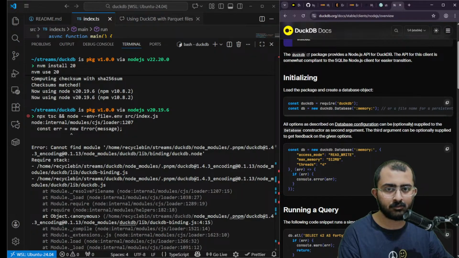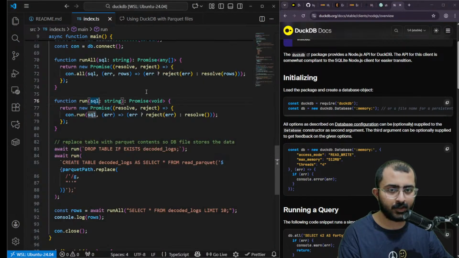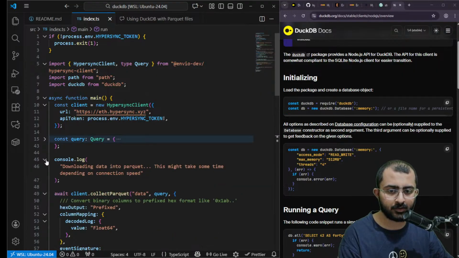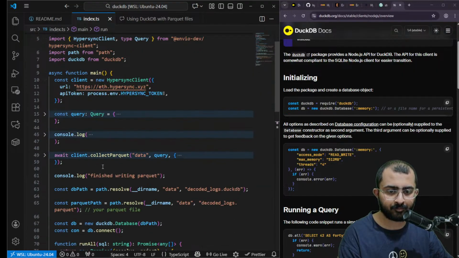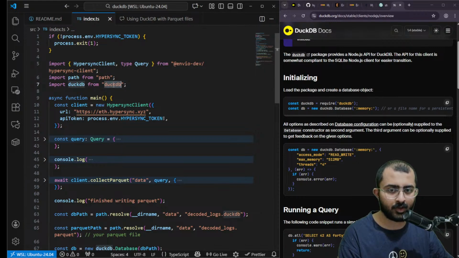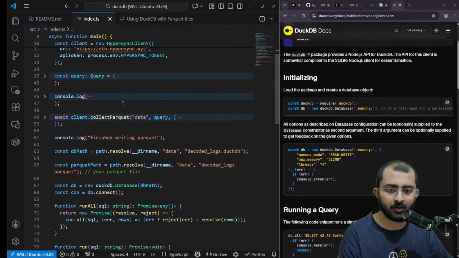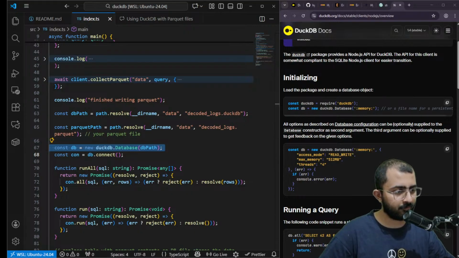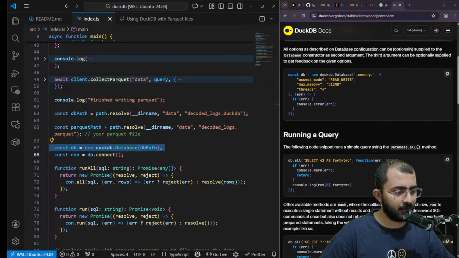DuckDB, we are doing the same thing, right? Ignore this part. We are importing DuckDB, then creating a new database,